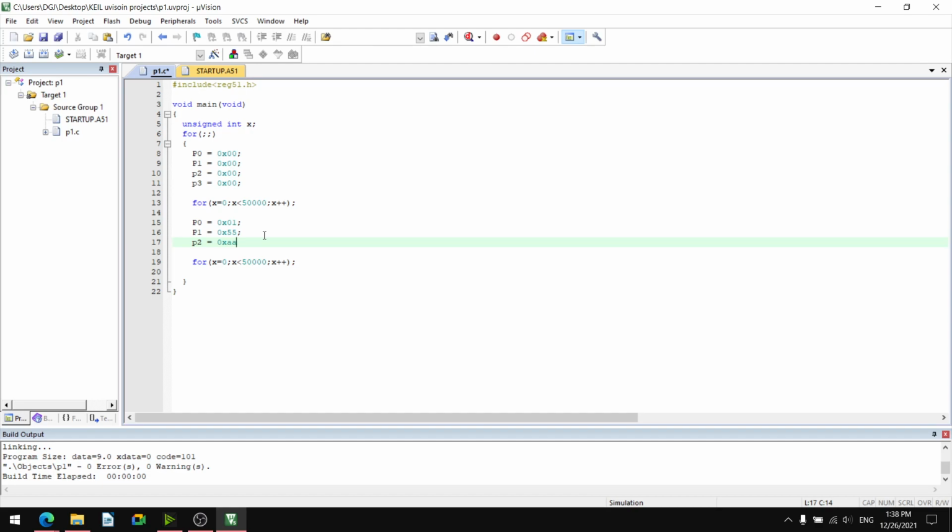A is 1 0 1 0 1 0 1 0. And P3 equals to 0xFF, 1 1 1 1 1 1 1 1. So I will save and build it.